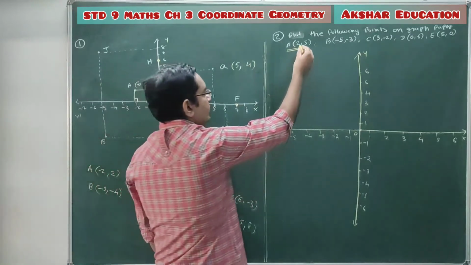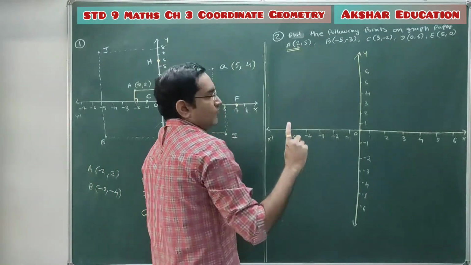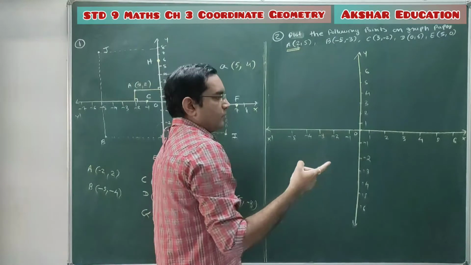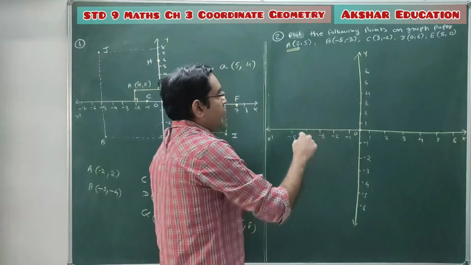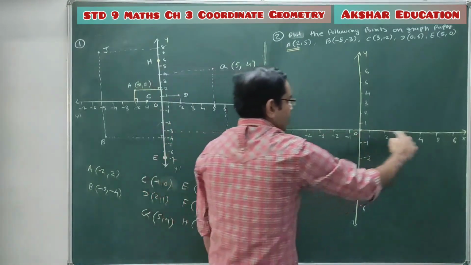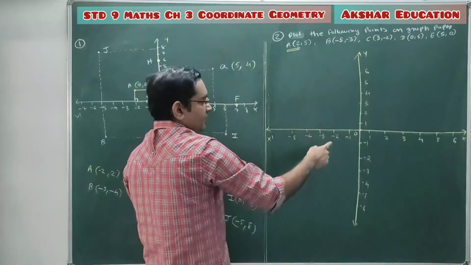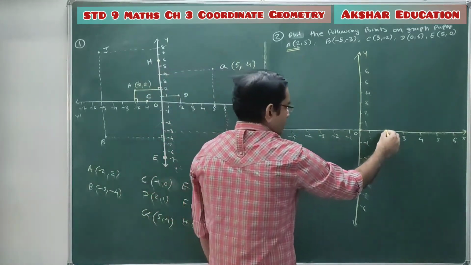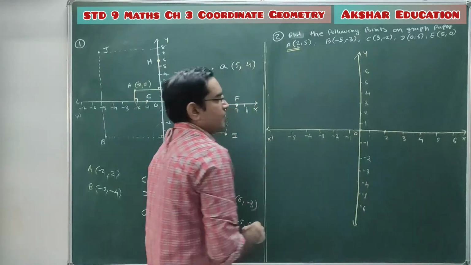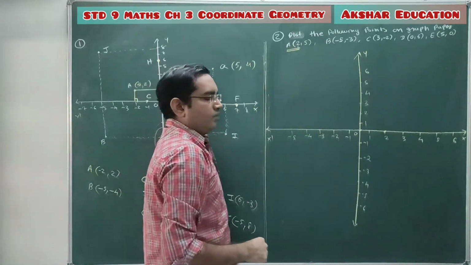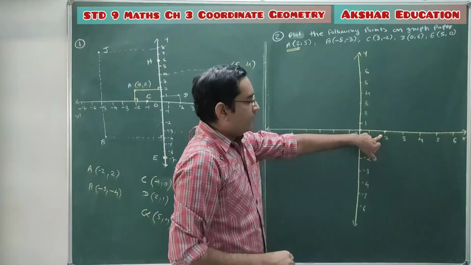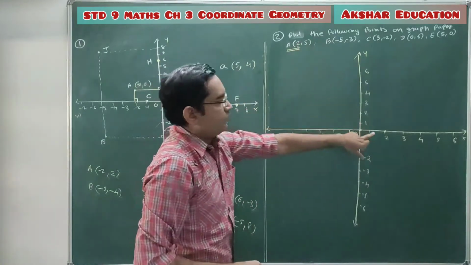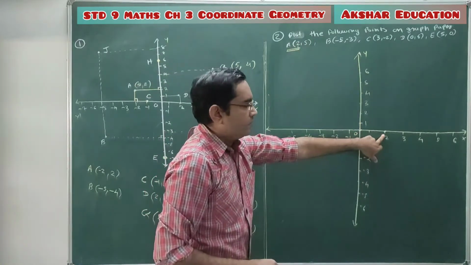So you have to start with this x coordinate 2. So for the x coordinate, two options are there. It can be positive, it can be negative. So x coordinate will always be on the x axis. So plus 2 is there. So on x axis this is minus 1, this is plus 2. So first you have to stand over here. X coordinate is 2. First you have to go on the x axis where value of x is 2. Clear? Now this is your 2.